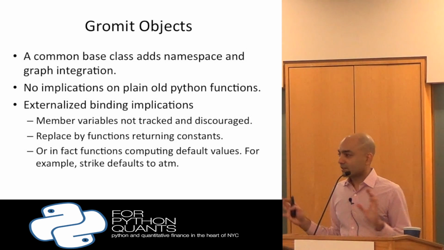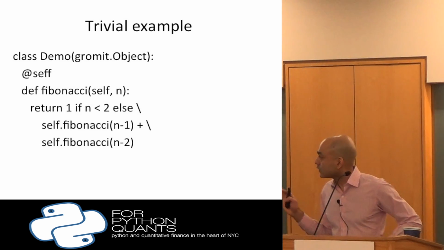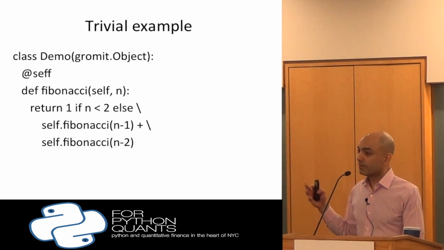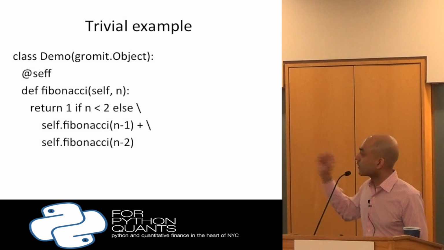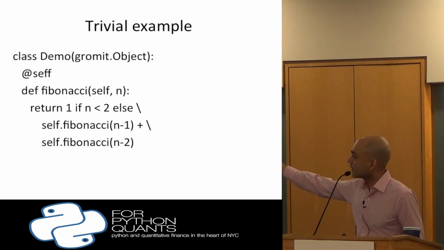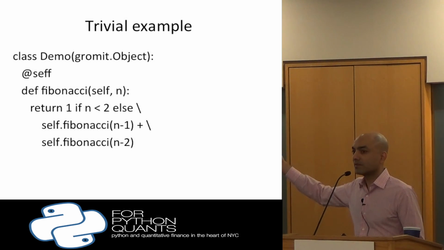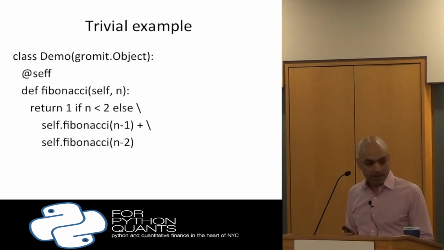So here's a very trivial example. It's always hard to put code up on the screen, but I thought this is easy to show why, for example, Memo is, this framework, just how code rewriting works. So, stupid little Fibonacci function: returns 1 if n is less than 2. Otherwise, recurses n minus 1, n minus 2. If you run this just as a standard Python function, this is exponential, right? It's approximately 2 to the n.